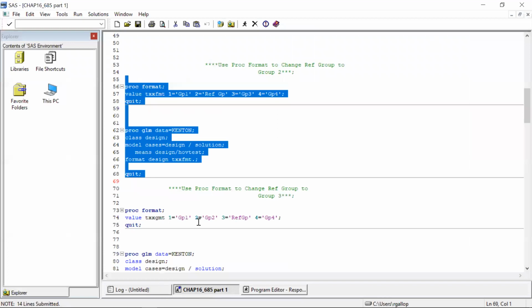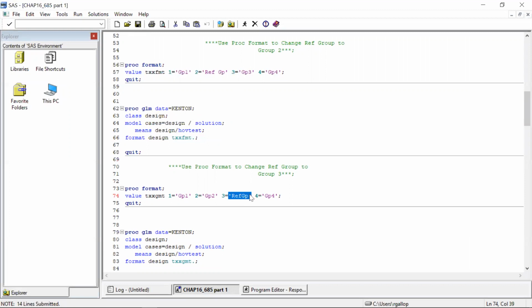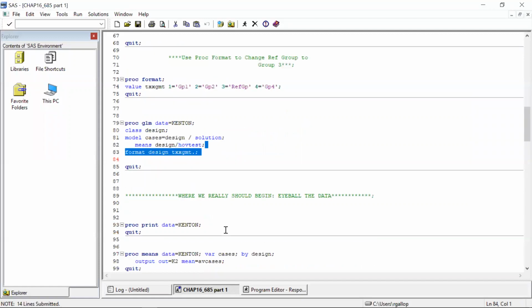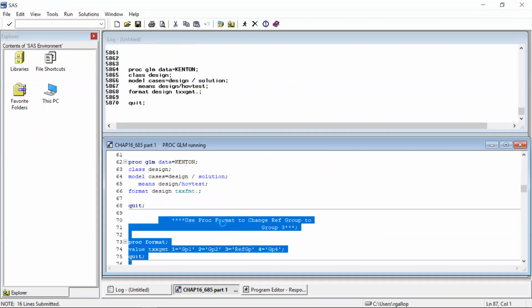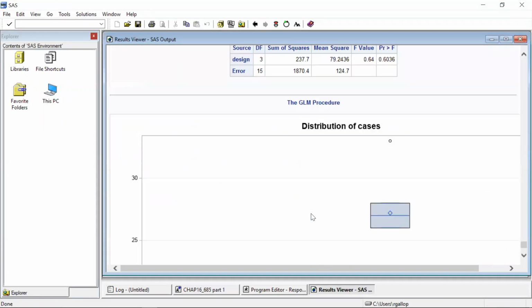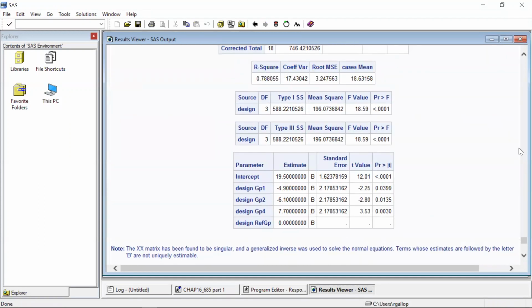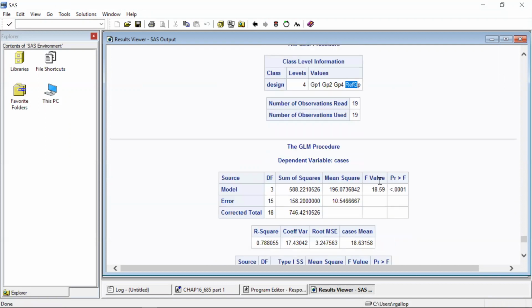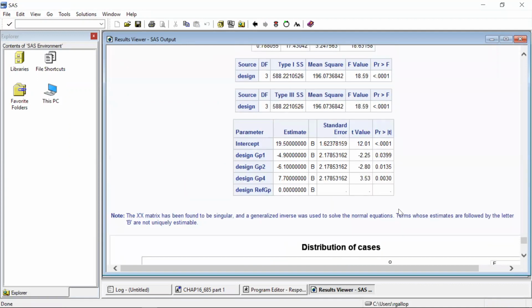If we do that again, I'm going to create a new format, where now I make group 3 the reference group. And I use line 83 to get after that. So when I do this, check this out. So here we go. With the box output, group 1, group 2, group 4, group 3 is now the reference group. Again, this doesn't change, but what we say here,